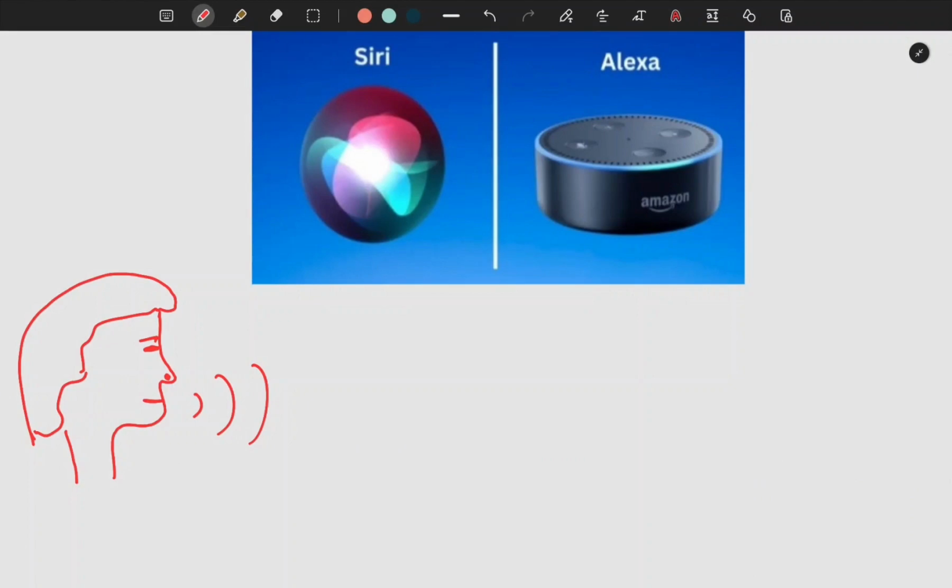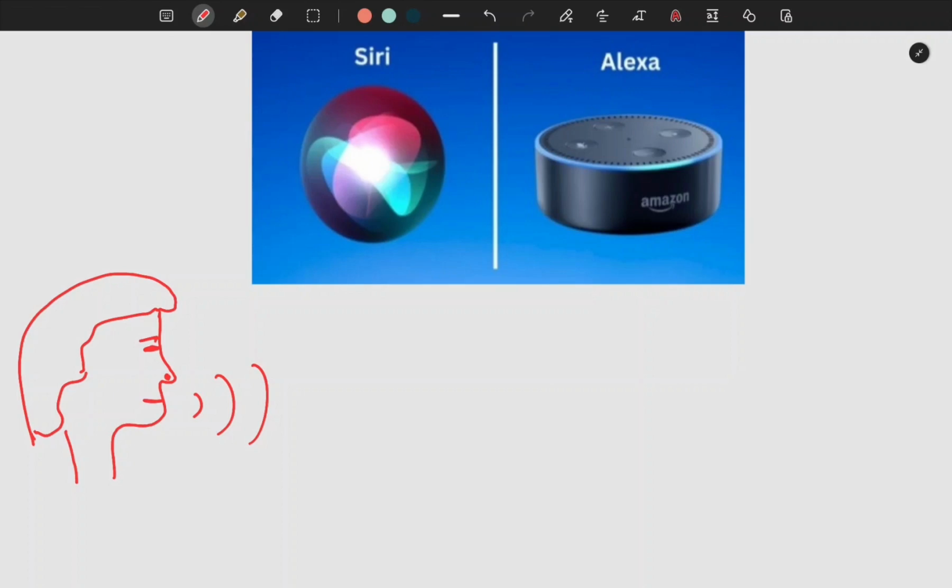I said before that smart assistants have both voice recognition and NLP. So how do they work? They hear you, receive your talk or your command, whatever you say to them, they analyze it, understand it, do the command, and even give back feedback and talk to you and interact with you.